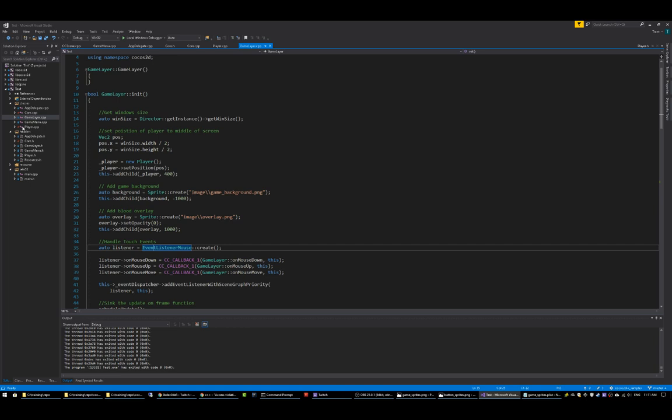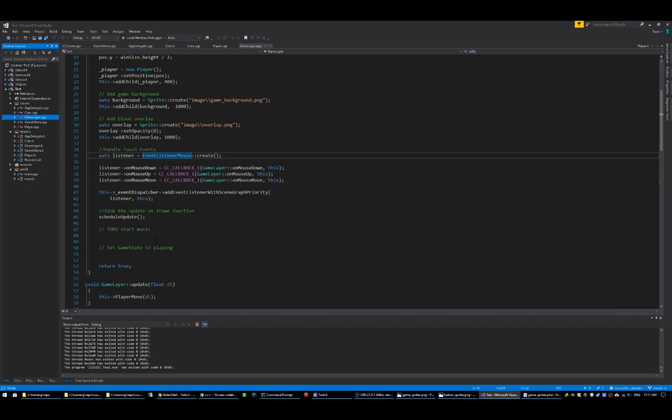Okay, so game layer CPP. Let's handle our mouse clicks and all that. Okay. Schedule update, sounds great. Let's also, this is our initialization of our game. So every time our game level displays and we're about to play a level, this code is going to run. So what we want to do is